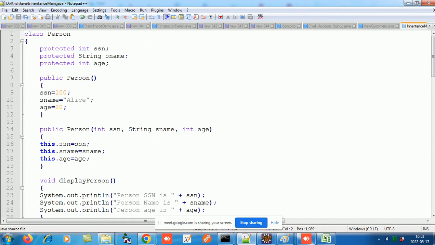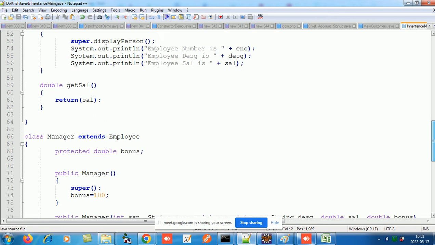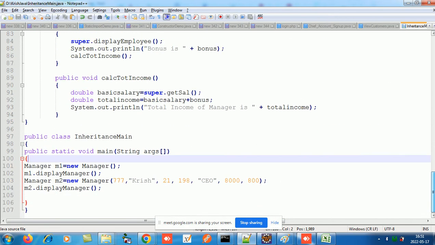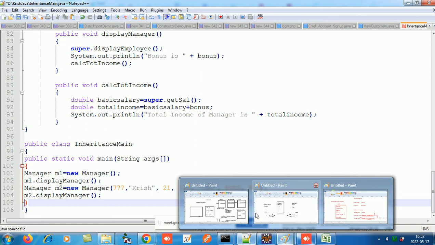Yes. Private data is not inherited? Private data is not inherited. So if I make any data private, it will not be inherited by the class. Rest all, public and protected, is all inherited. Is this clear so far? Yes. Now, if you remember, in the starting I had told you that Java supports multilevel inheritance, then we have hierarchical